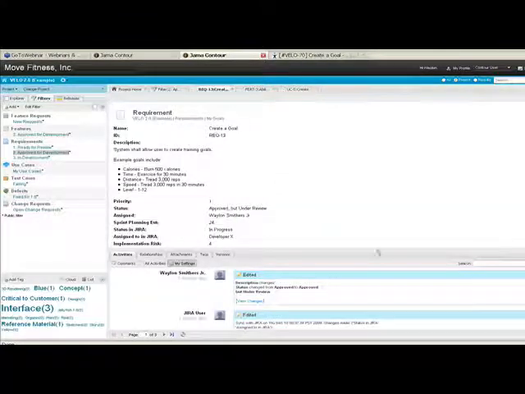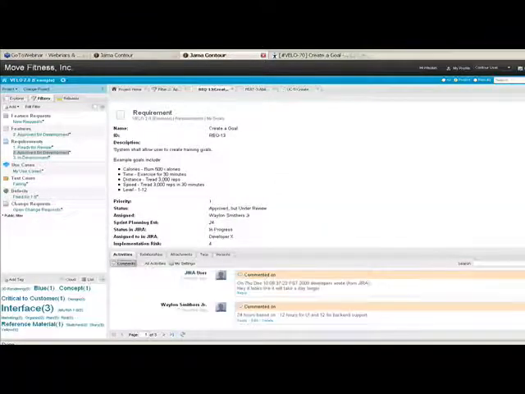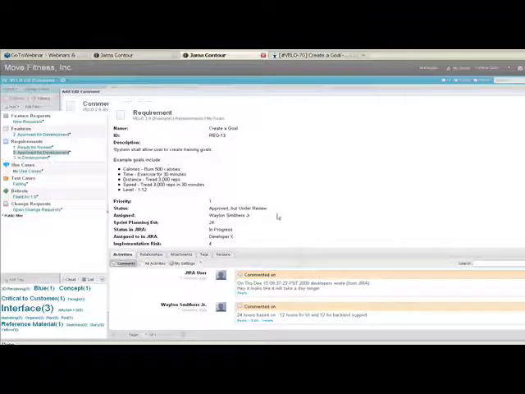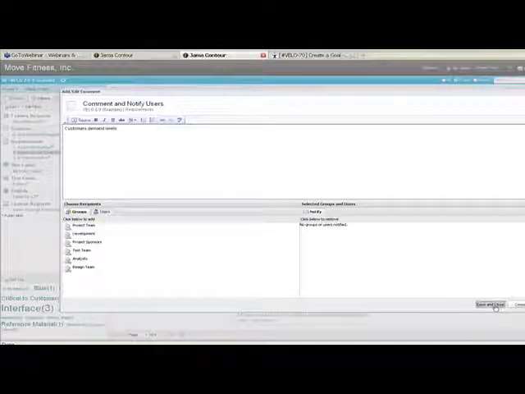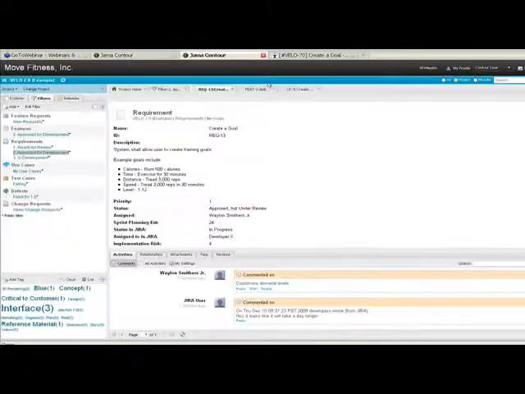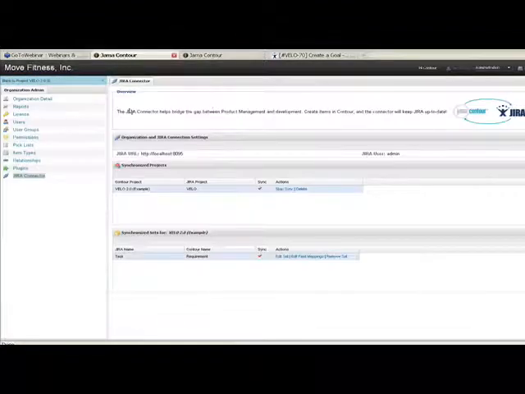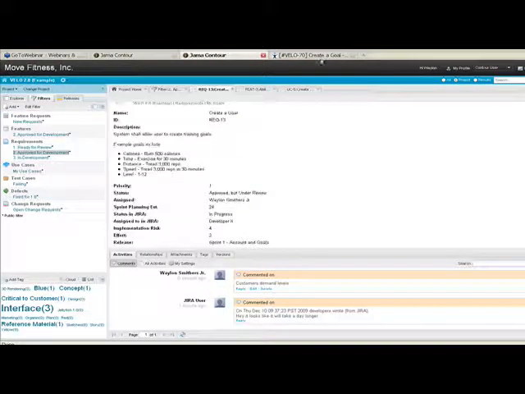Maybe even add a comment that says customers demand levels, and save and close. And then again, through the miracle of me being able to move time, I can hit the button and just pretend that an hour has passed,